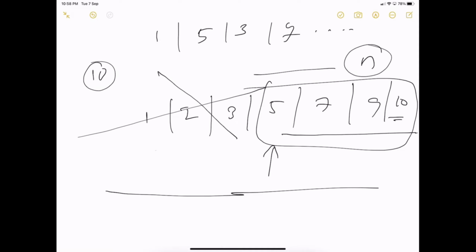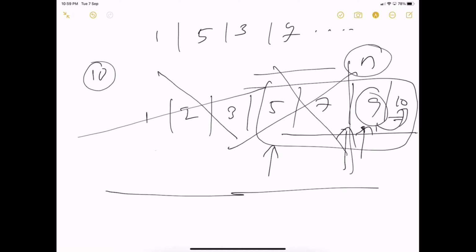Now we will look at the middle element here. In this case you cannot take an exact middle element, so you will take one to the right or left, and then you will check. If you have selected 9, you check: is 10 equal to 9? No, but 10 is greater than 9. So you will again cut off this part. Now the next step you will get to 10.